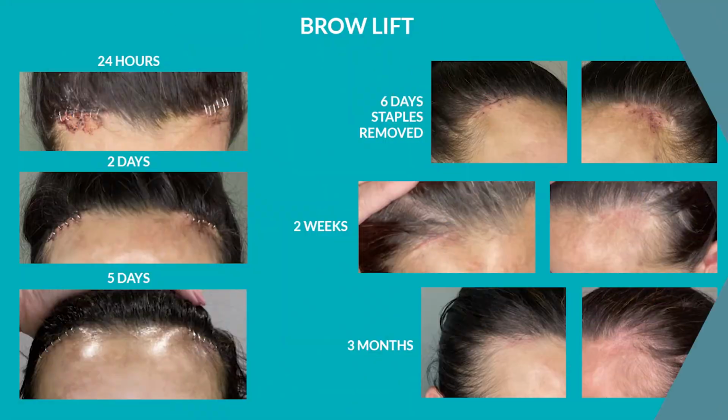Pictures speak 1,000 words, and fortunately I had a patient that recorded her recovery process on a daily basis after her upper eyelid blepharoplasty and temporal brow lift. You can see in these pictures the patient has mild bruising around the eyes and very minimal bruising around the forehead, and you can see that there's some staples in the corner, and those are removed at around day 5